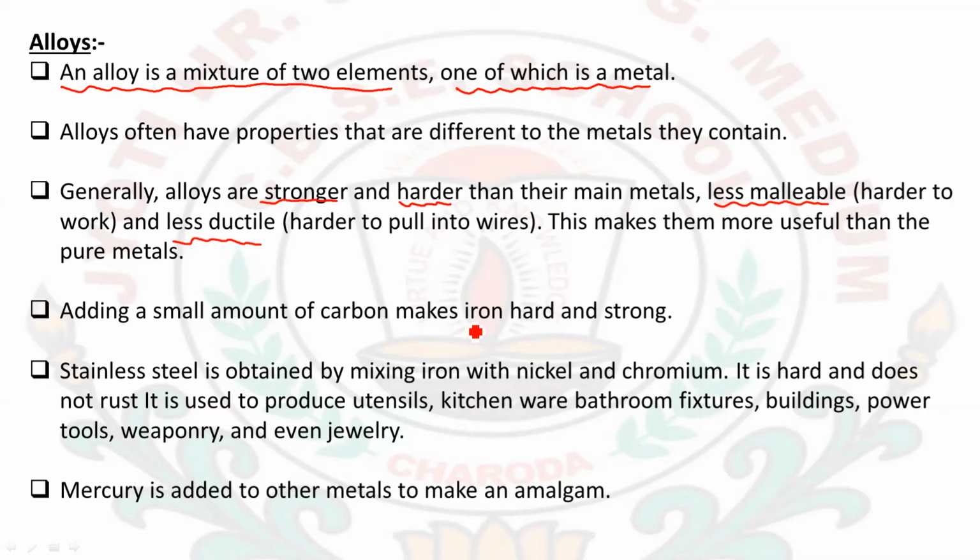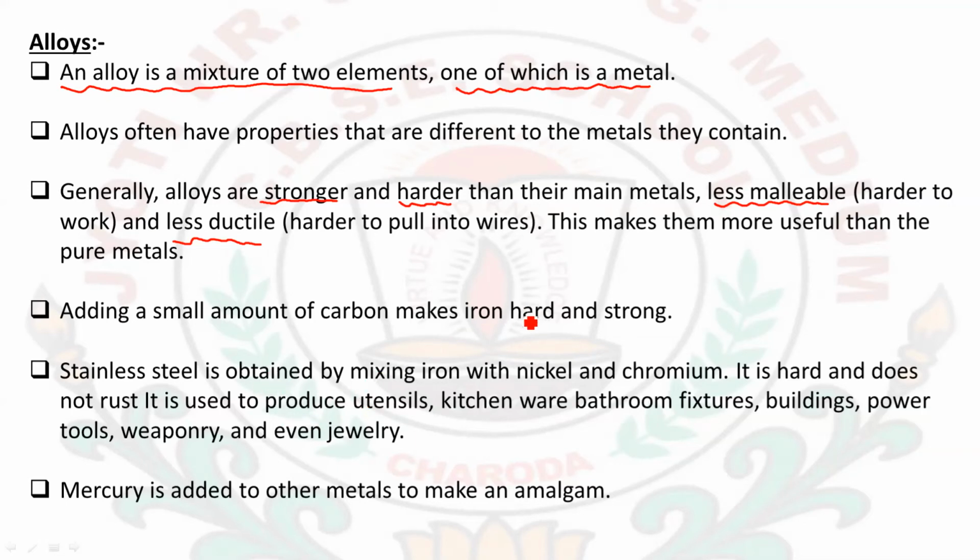They are mixed with other elements in order to change these properties, because due to that property some faults also came out. One of the main reasons to make an alloy is to prevent the metal from getting corroded. Due to being malleable and ductile, some metals get corroded very easily. It means they react and form oxides with the oxygen present in the air very readily. So in order to protect against this, we generally form alloys.